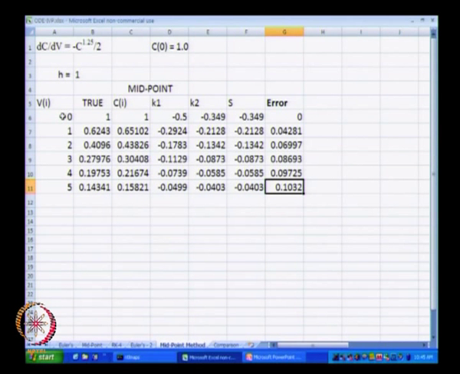We are starting from the same initial volume and the same initial concentration, and we have plotted how the numerical values of the concentrations are changing as well as the true values of concentrations. And here I have noted down the error between the true and the computed value Ci. These are the relative errors, not the absolute errors, and what I am going to do now is, for volume V equal to 5, see what error we are getting from the midpoint method, and I will copy this error into a different worksheet.